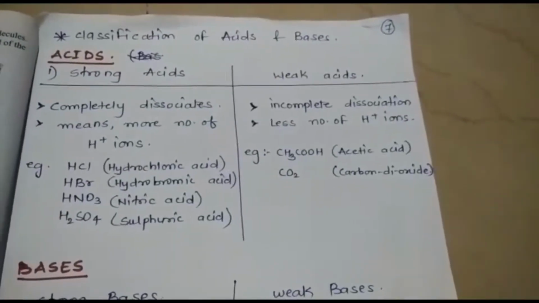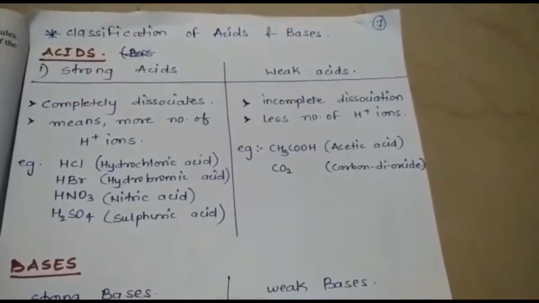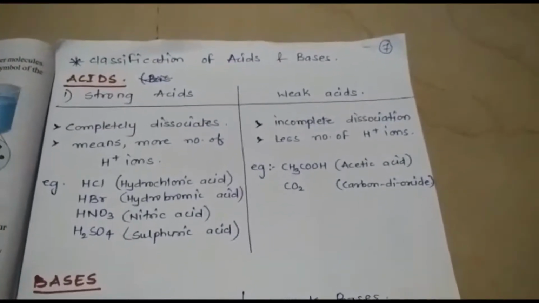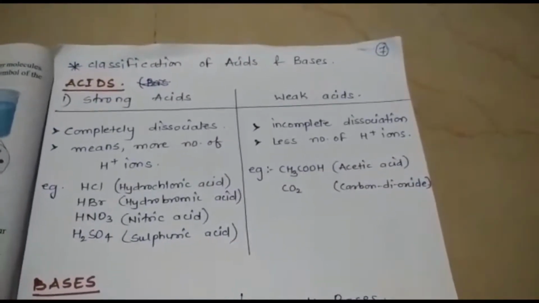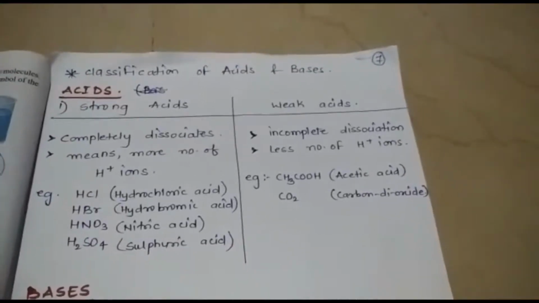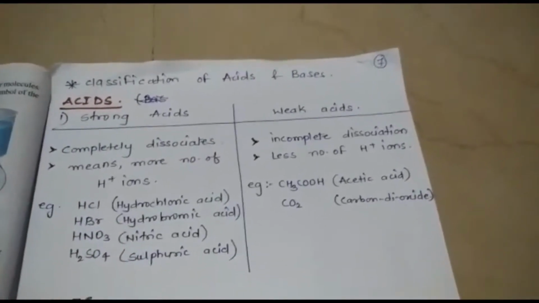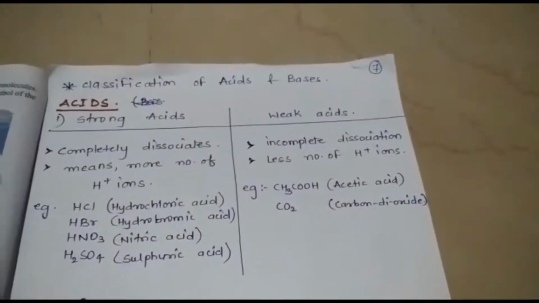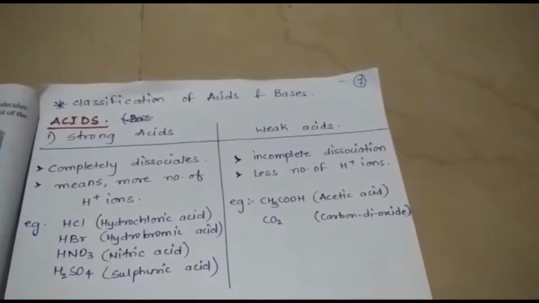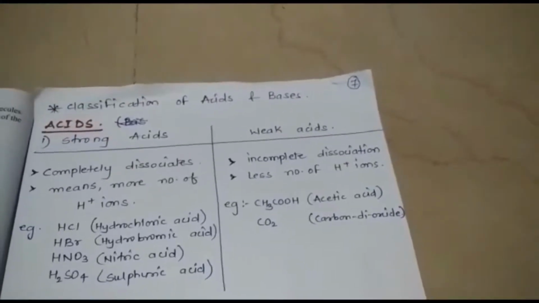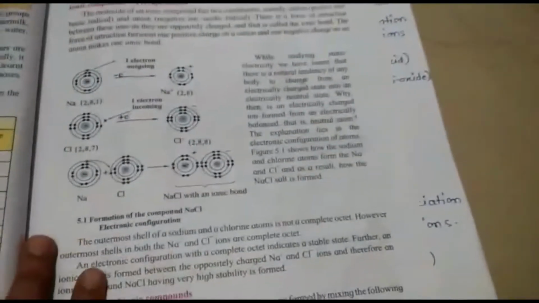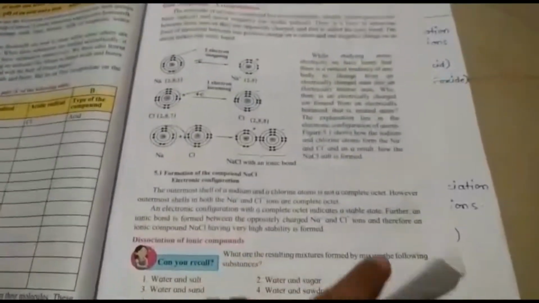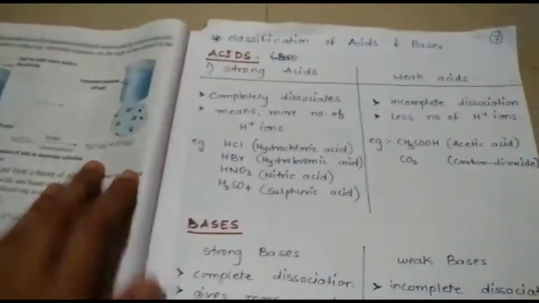So let us come to our next topic, that is classification of acids and bases. Keep in mind that after this lecture you have to read your textbooks. When you read your textbook, you will come to know that each and every part has been covered side by side. But you have to read, otherwise you can't understand how the teacher is teaching. She is not reading from the textbook, it is not like that. Each and every topic has been covered from the textbook only, but you have to read it.